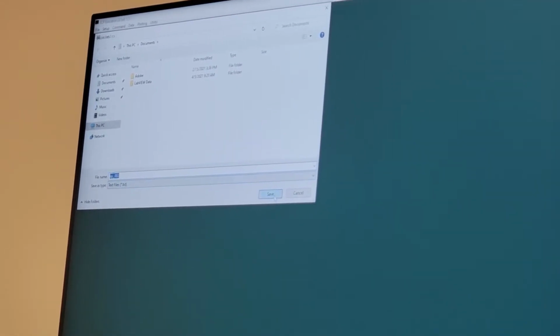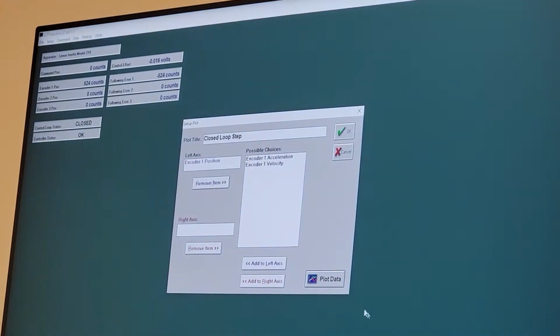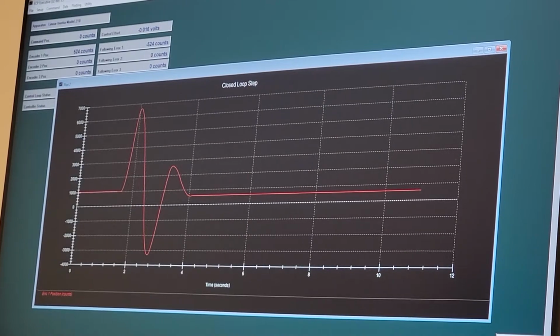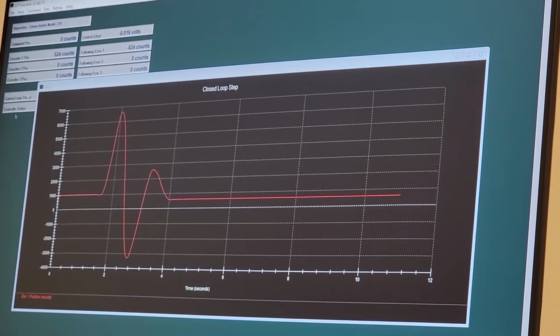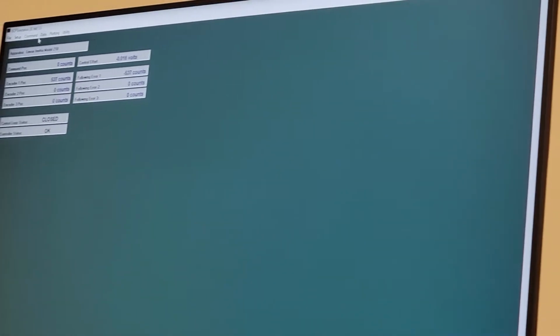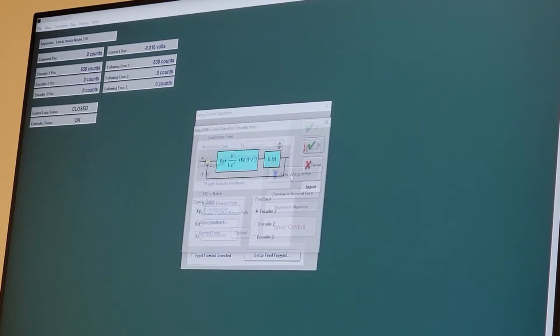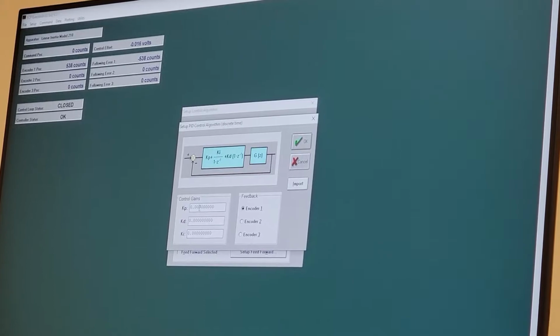So now I want to show you, let's snip this. If we can snip this, set a plot. So maybe print screen here. Okay, we got the print screen. So I want to show you the effect of increasing the Kp over here. Setup algorithm. Let's increase to